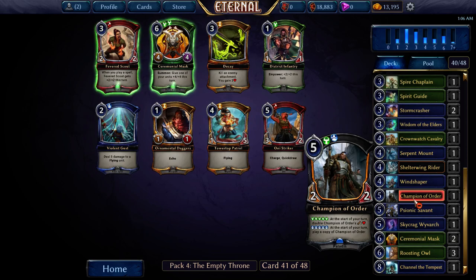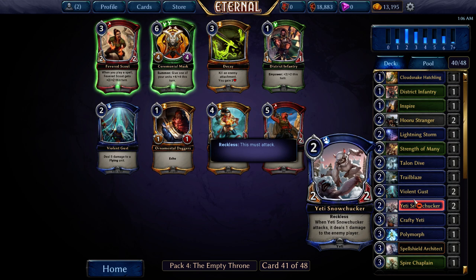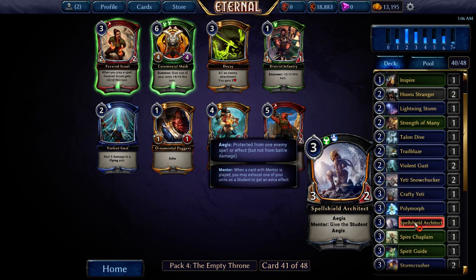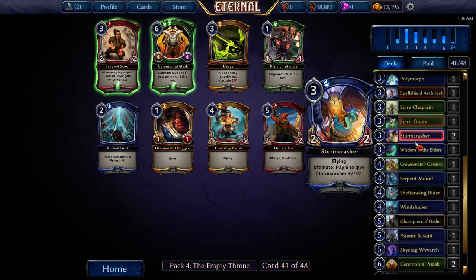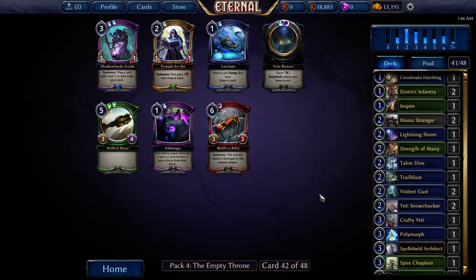I don't care about any of these. Maybe I'm going to pick the District Infantry because that's the one that's most likely for me to want a little more of. Because I already have 2 Violent Gusts and I'm not sure if I'm playing both, and I already have 2 Ceremonial Masks and I'm not sure if I'm playing both, so we'll pick the card that I'm...